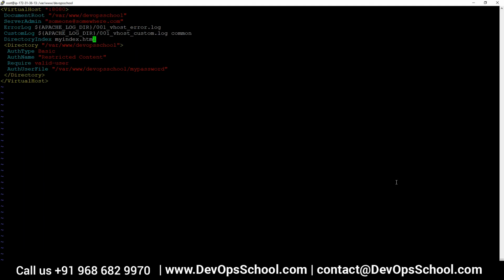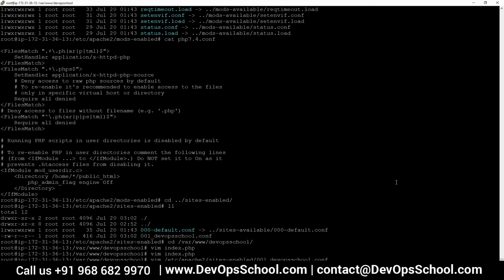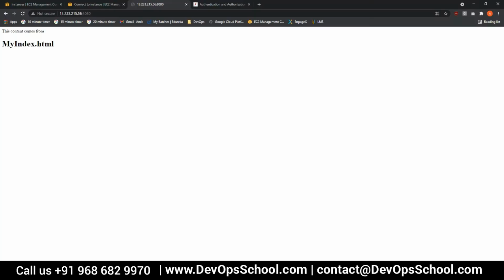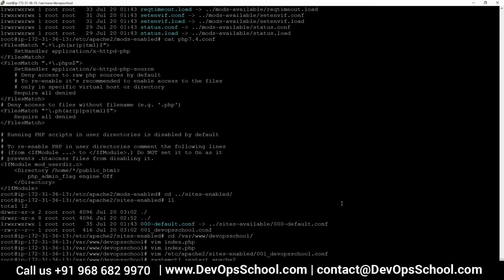Let's say I remove this DirectoryIndex. DirectoryIndex is not defined. And if I remove this, it's going to display the default HTML, right? But now I want to display the index.php. Well, I can add back the DirectoryIndex and say index.php, or I can globally